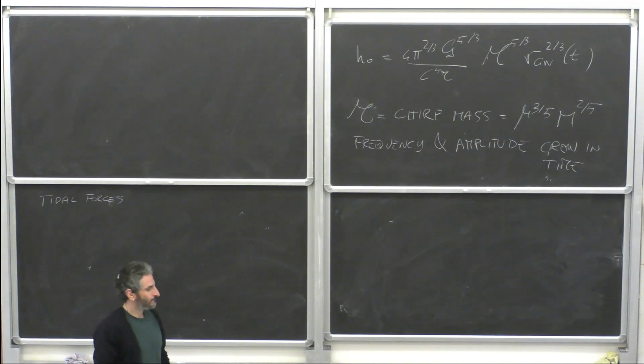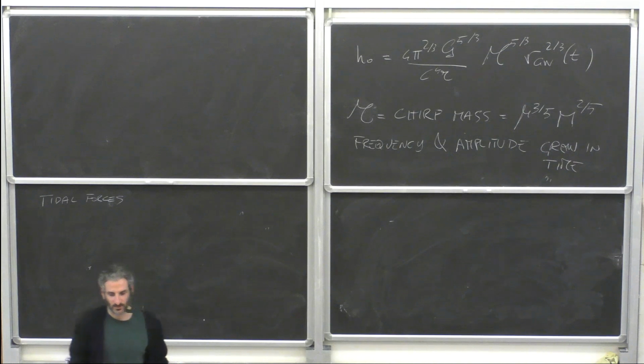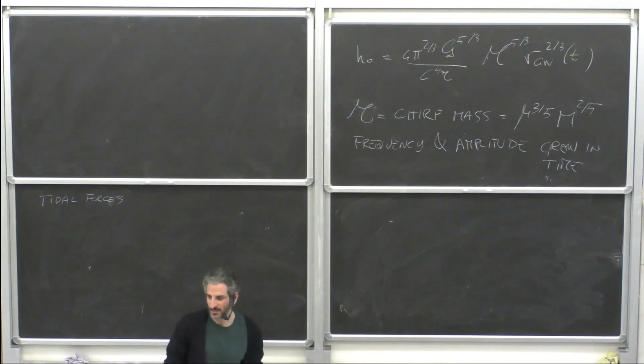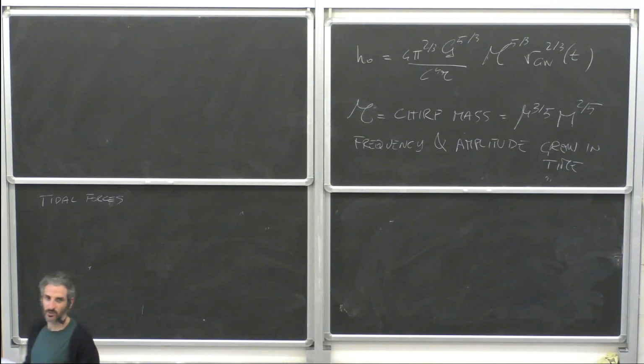And I don't want to compute the waveform. You need a PhD in post-Newtonian theory to do that. I just want to give you a sketch, and build a storyline on how we compute the Love numbers. And to compute the Love numbers, you need something called relativistic perturbation theory, which